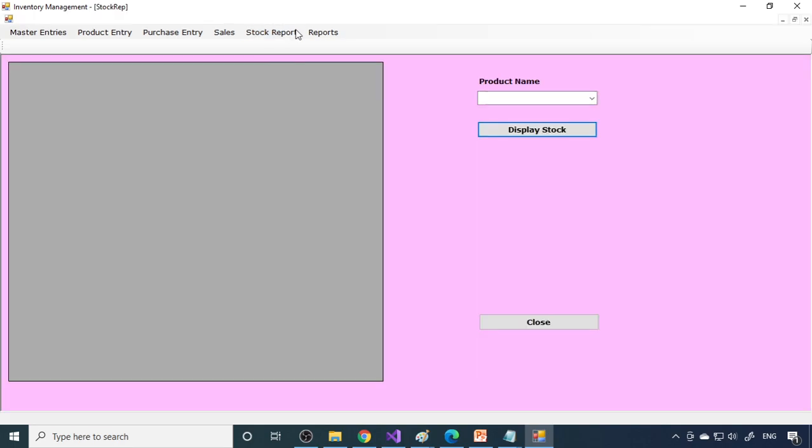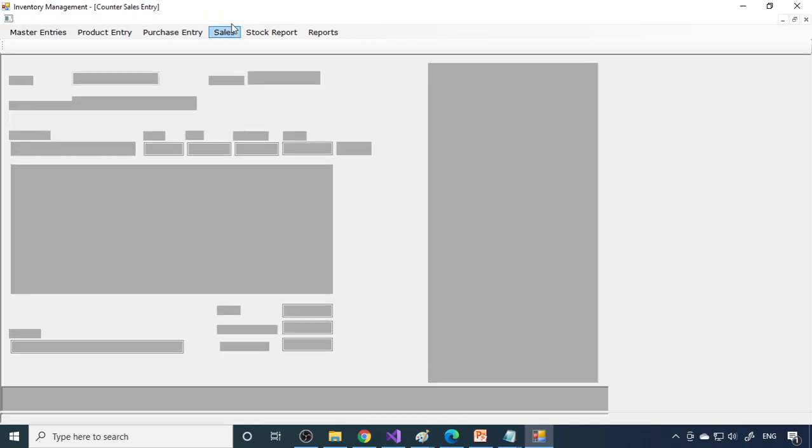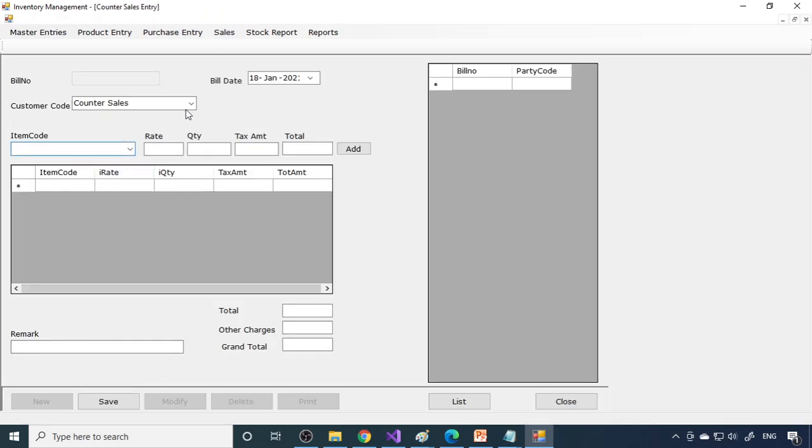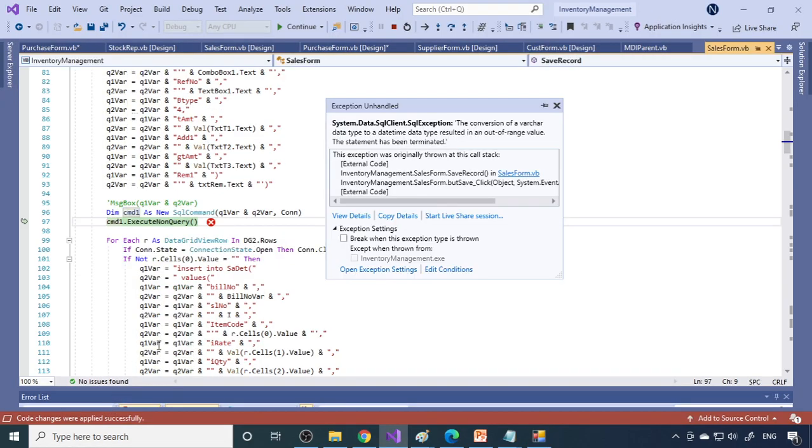Now if you go to stock report and click on the I5, there is a 10 stock here. Now we go to sales, we'll sell this product to some customer. So this is a design info. This is I5, so the price will come here. And here is the two quantity. Right. So when you click add, the two product is added. Now if you save, the record is saved.